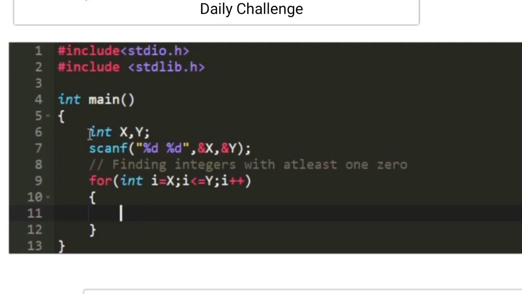Here I have declared two variables x and y and got them as input. And then here, using a for loop, I am traversing through all the numbers between x and y. And inside this for loop I am including an if condition.